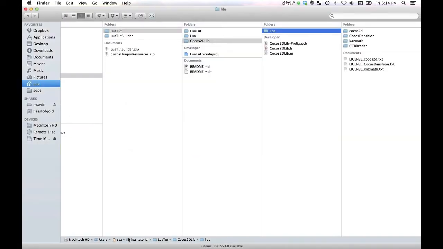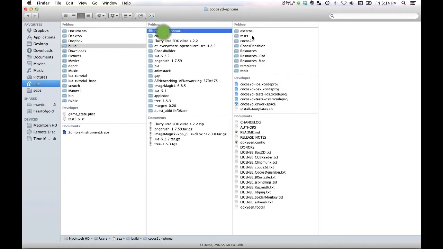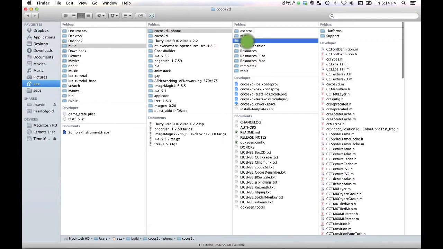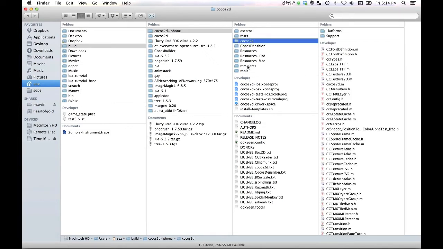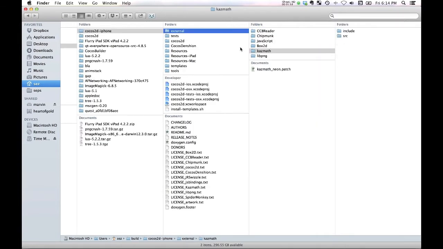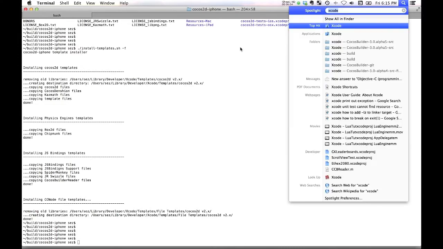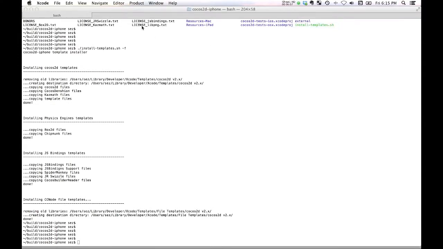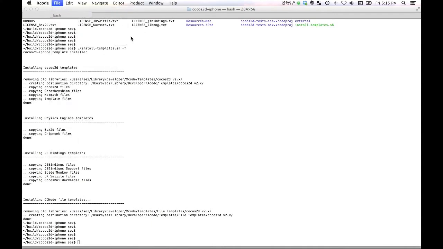Now, the issue with actually getting your existing projects updated is that here we are with our Cocos2d, and we kind of have the code all sprinkled around. You want that folder, you want this one, and down in here you've got CocosDenshion. So it's a little bit higgledy-piggledy as to where stuff is. So a good technique for upgrading is simply to go into Xcode, and now that you've got the new templates, create a new project,